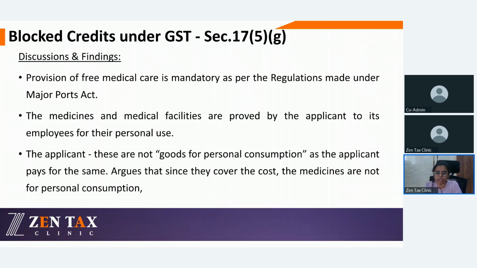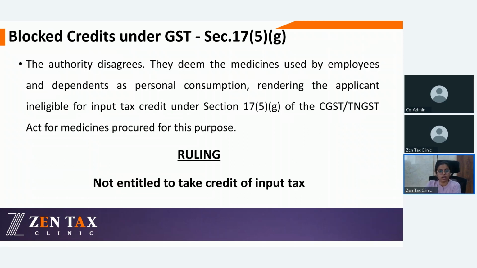So since the applicant, that is the Chennai Port Trust, covers the entire cost, the medicines are not covered under personal consumption would be their stand. That is the applicant, the Chennai Port Trust. But the ruling came up to tell that they are not entitled to input tax credit, because they deem that if medicines is used by the employees and the dependent as a personal consumption, that will be ineligible for input